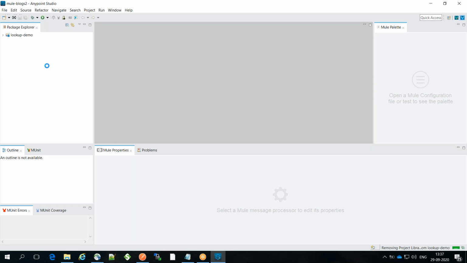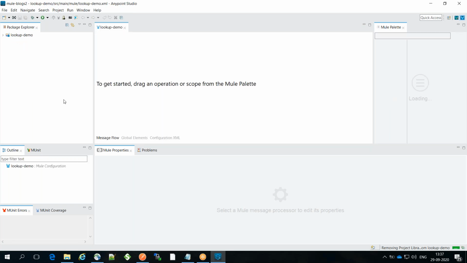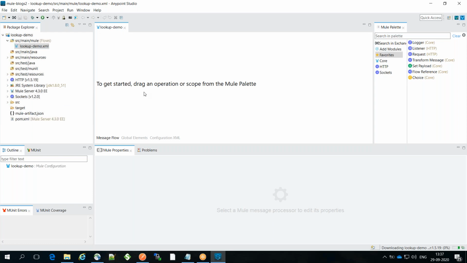Now we can see a new Mule app with the name lookup-demo, which is part of the Package Explorer. And a Mule configuration file automatically gets created with the same name as the name of the project. This is the default behavior. If you want, you can change the name of this file.